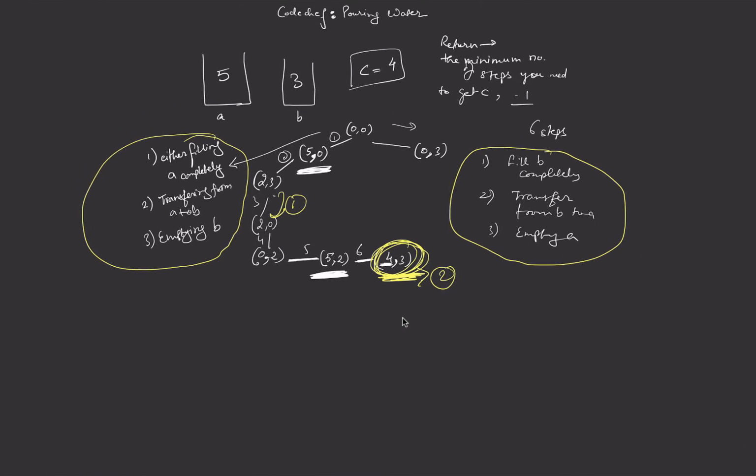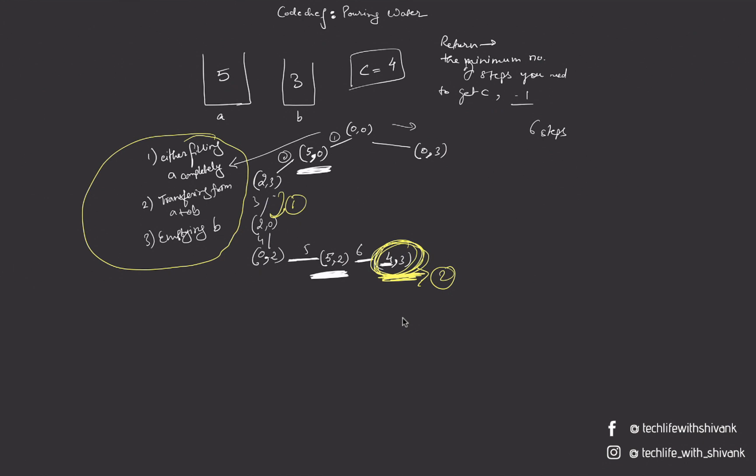So let's see how many steps we need for part 2. Now we don't need any more states other than that we'll always add to B and remove from A. We can't add to B any further, so we transfer, and now we can add more to B. There is no use removing from A at this point because we'd be wasting a step, as A has not yet been filled completely. So it's kind of a greedy approach. We'll add to B, which will give us 3,3. We'll transfer, which will give us 5,1. Now since A is full, we'll remove from A, which will give us 0,1.